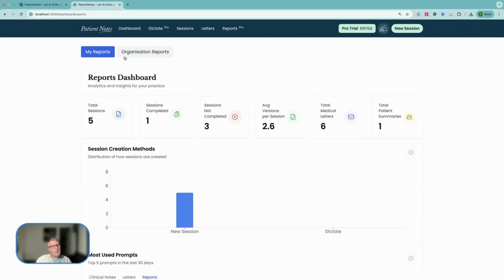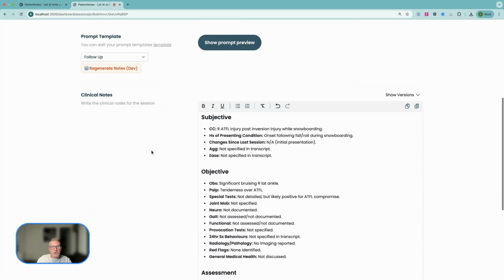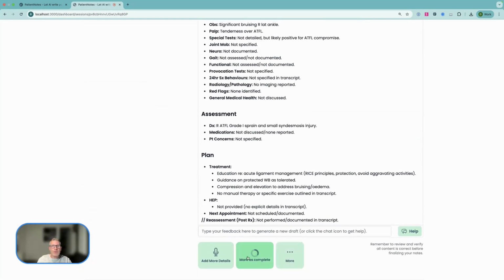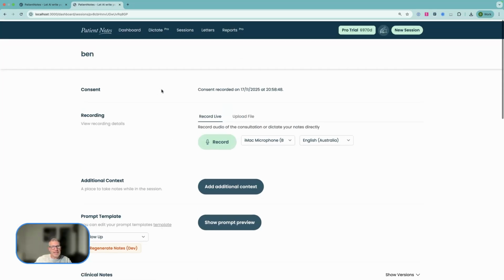So if we then go back and have a look at some of the sessions that we had here, you'll see some of these weren't actually completed. So if I then mark those as completed, that will then change around the metrics. If I did a dictation session,